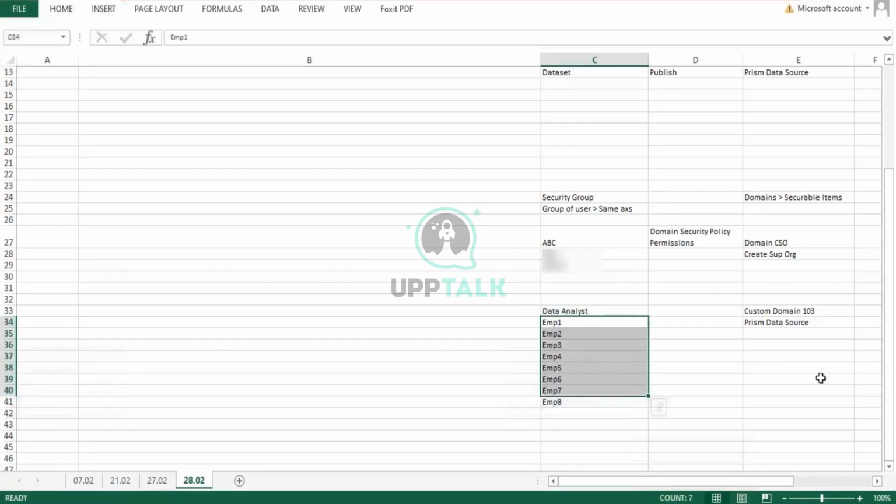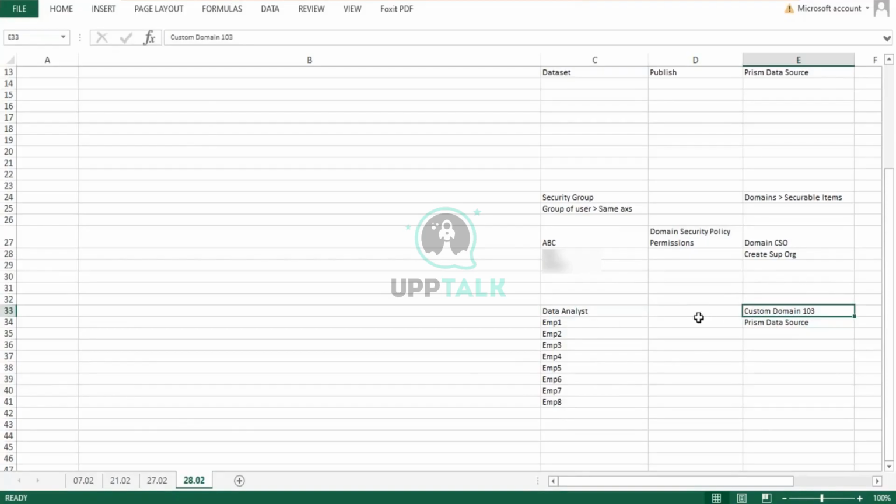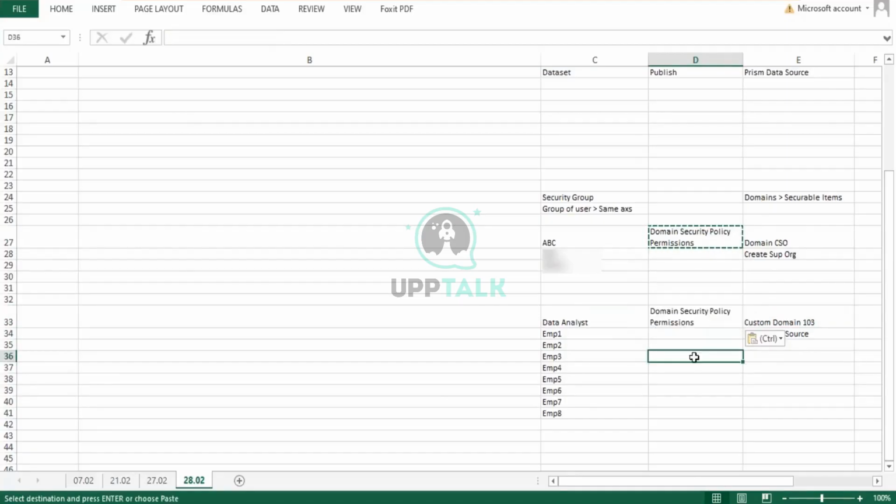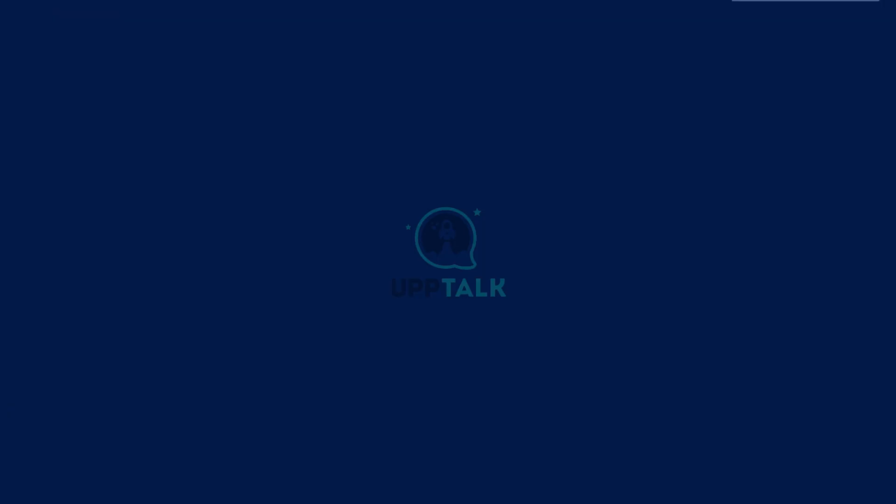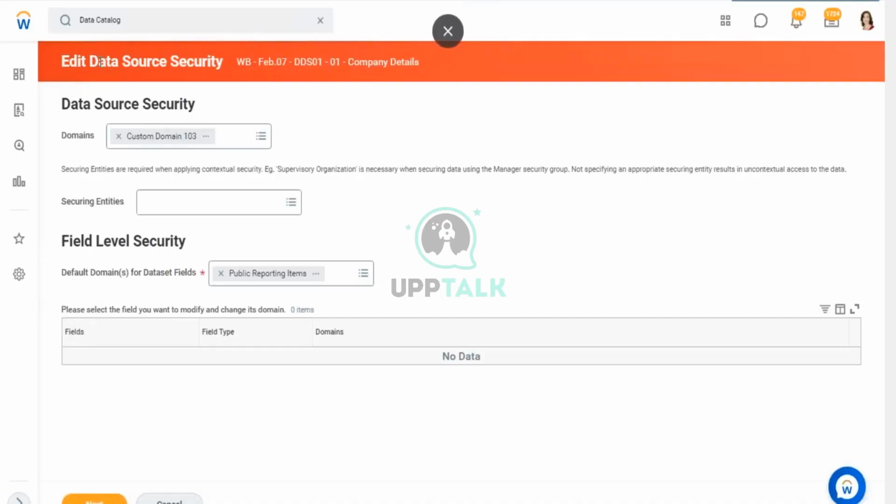Now I have grouped all those people who need access to this Prism data source using a security group. This Prism data source, I am securing it within this domain. Now this security group, I will give access to this domain again through domain security permission. Makes sense? All I'm doing here is that I'm seeing the data source which will get created. I am securing the data source in this domain